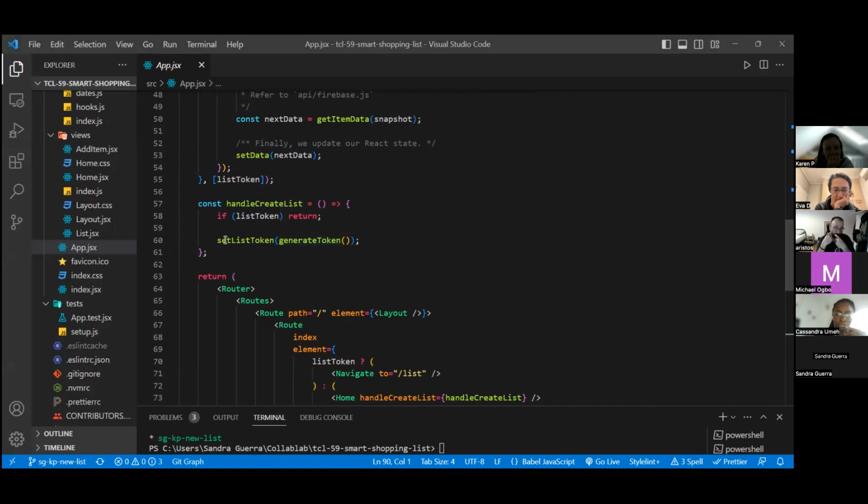If the value of list token is a false value, the function then continues to the next line, where we set list token and generate token. This function calls another function called generate token and sets the result as the value of the state variable called list token. This is done using this function set list token.